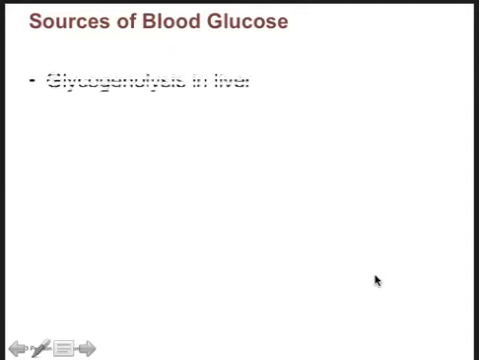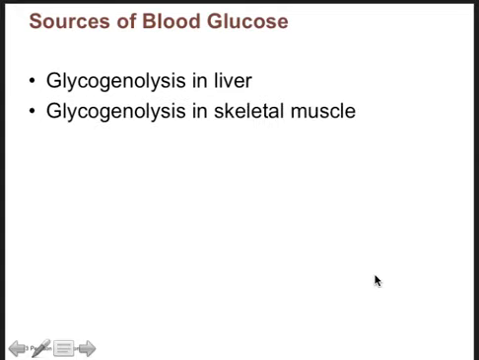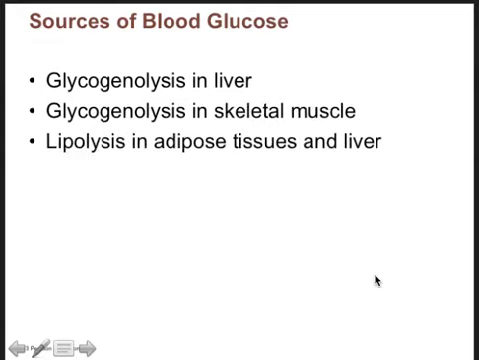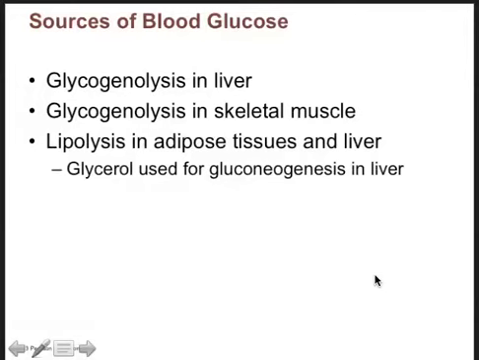What are some sources of blood glucose? Well, you've got the breakdown of glycogen in the liver. This is termed glycogenolysis. We also see this in skeletal muscle. We see the breakdown of fat in adipose tissues and in the liver. That's called lipolysis. The glycerol is what's used for gluconeogenesis in the liver because the glycerol can be converted into